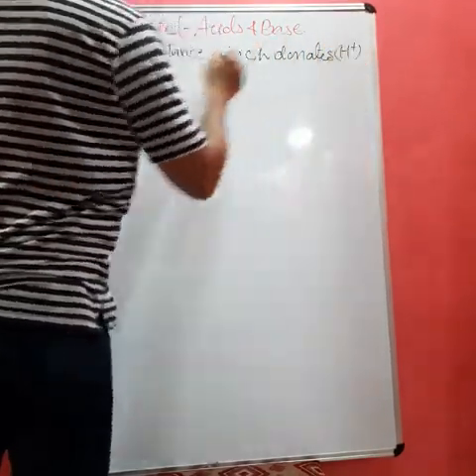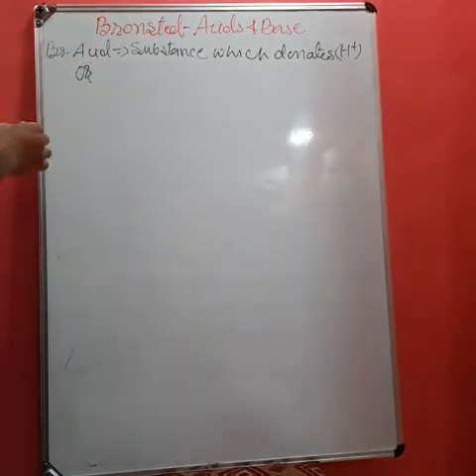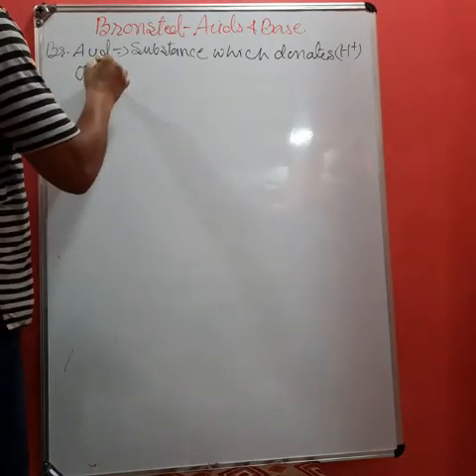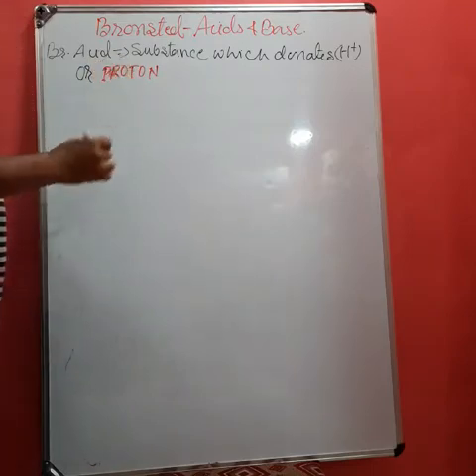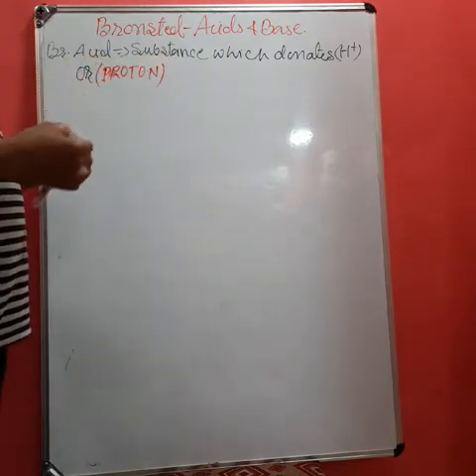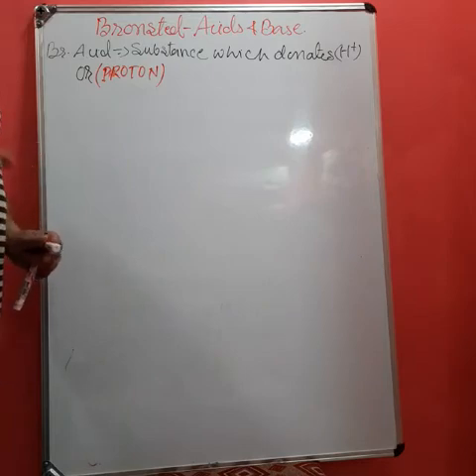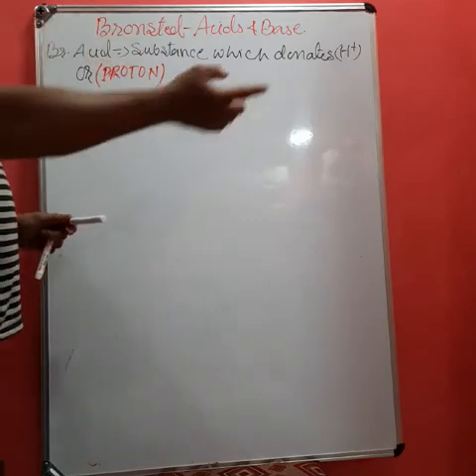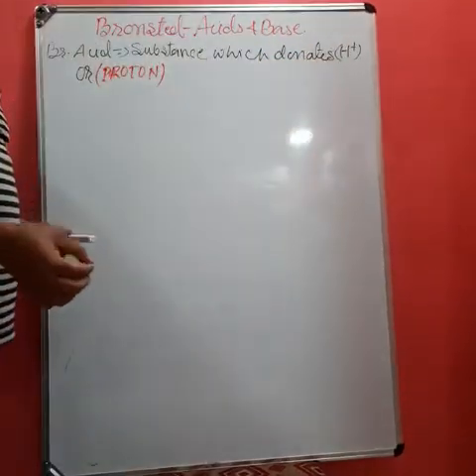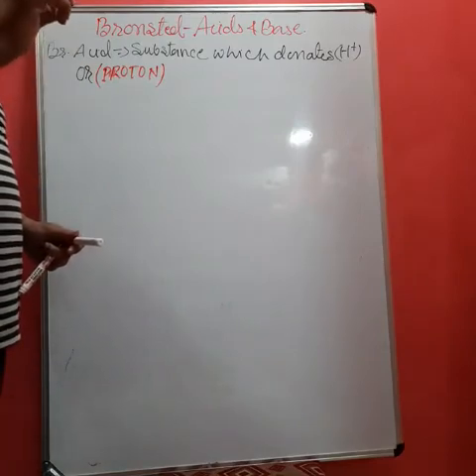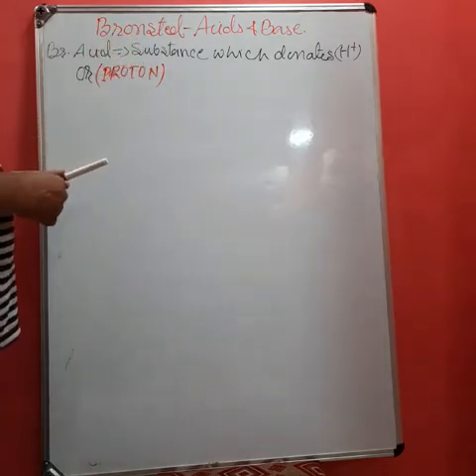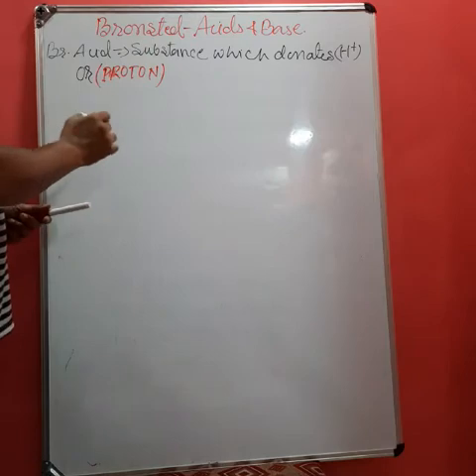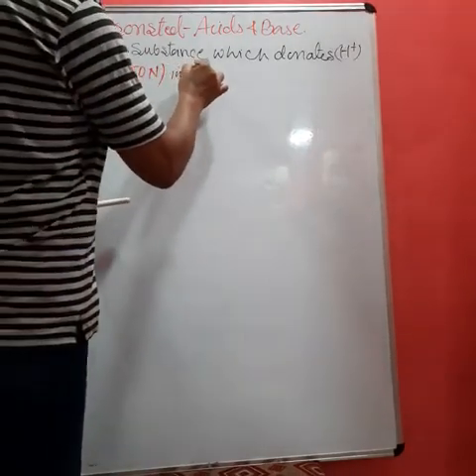H cation. Now, the H cation is also known as what? Proton. Why is it also known as proton? It is because in a neutral hydrogen atom there is one electron and one proton. If the hydrogen atom loses its electron, it converts into H cation. That means after losing the electron, only one proton will remain. Therefore, this is called proton. So, a substance which donates H cation or proton in aqueous solution